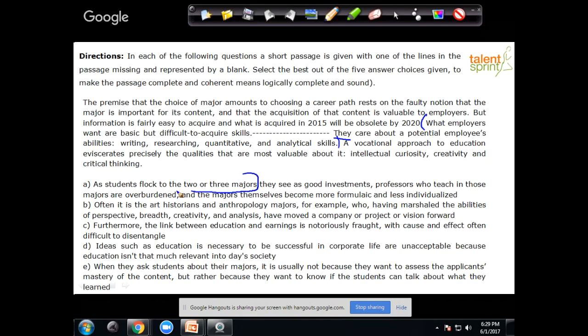B, often it is the art historians and anthropology majors, for example, who having marshaled the abilities of perspective, breadth, creativity and analysis have moved a company or project or vision forward. This again is very...